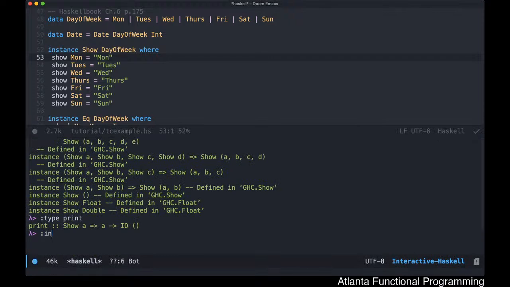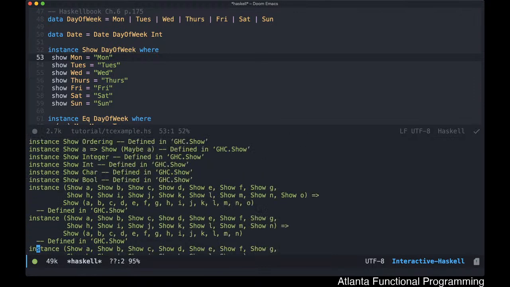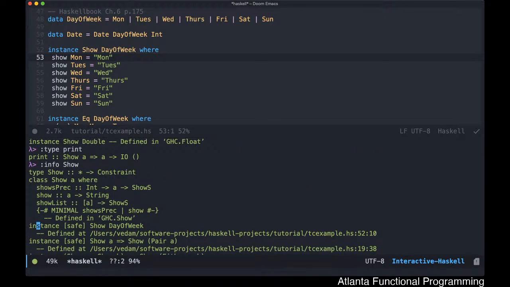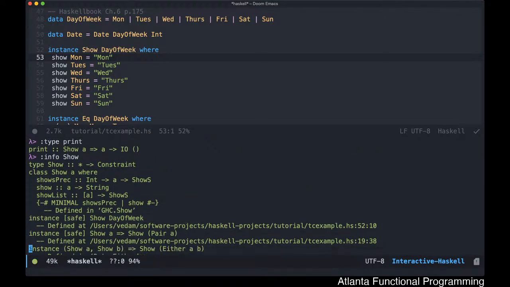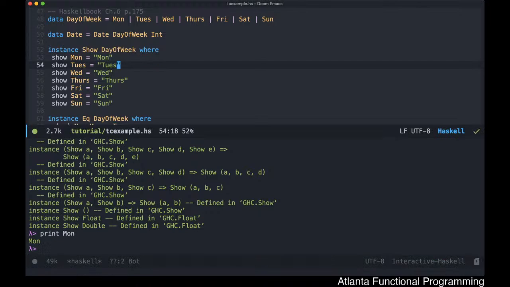We can see this when we do show again. At the top, we can see that show day of the week is here. And we can now leverage it. So when we say print Mon, you'll end up getting Mon. And you can see that this is slightly different. So if we wanted to change this to being the full day, for example,